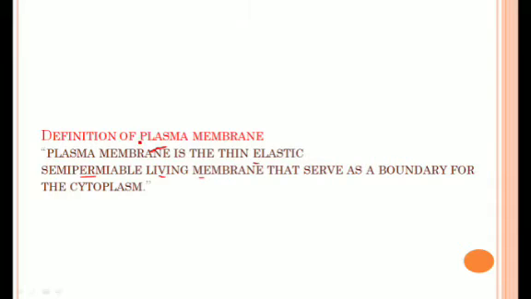It is semi-permeable. A very important feature is that it's living, and its cells and all its structure are actually living. And thereafter, it serves as a boundary for the cytoplasm. After this definition,